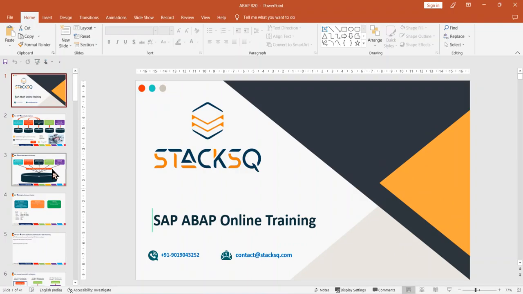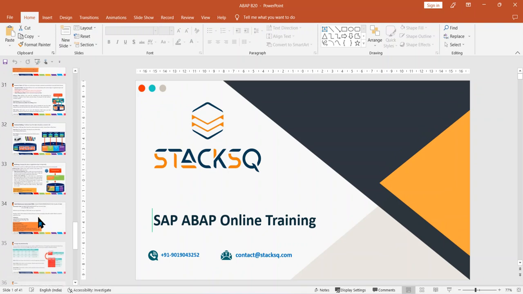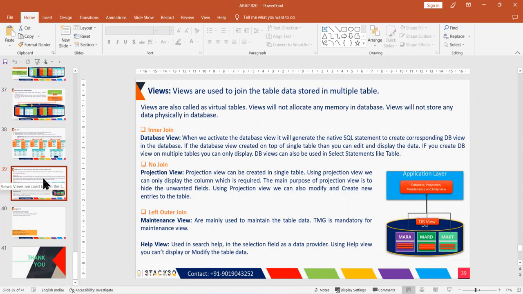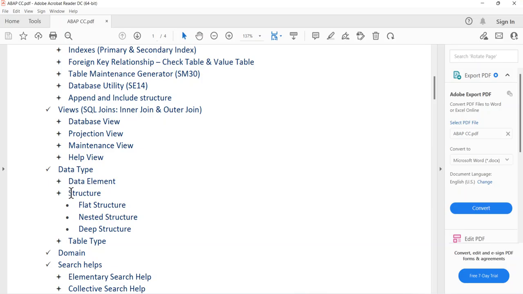Okay, so in our last session we understood about the views. Everyone completed the assignment on the view. Okay, so in today's session we'll understand about the structure and table type, also what is